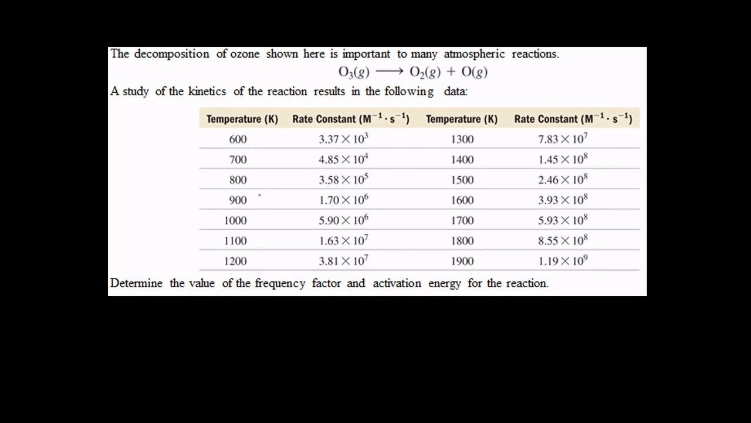Even for Kelvin, normally Kelvin temperatures are pretty high. Room temperature in Kelvin is nearly 300. But these are even hotter. These are very, very hot. And so you can see the rate constants to go along with those. And this asks us to determine the value of the frequency factor, which is A, and the activation energy, which is EA. So we are going to go back to our trusty friend,